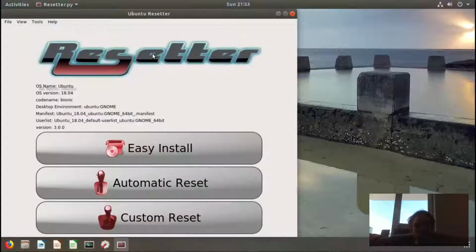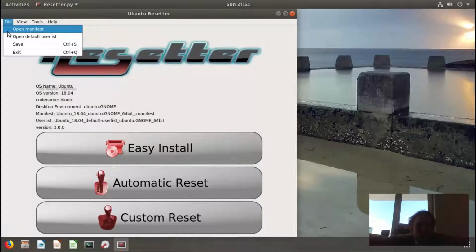and as you can see, they've really made it all look much nicer and easier to use. Sometimes you will not have your manifest file in the user list here. Then you just have to go to update, and then search for your distro here.